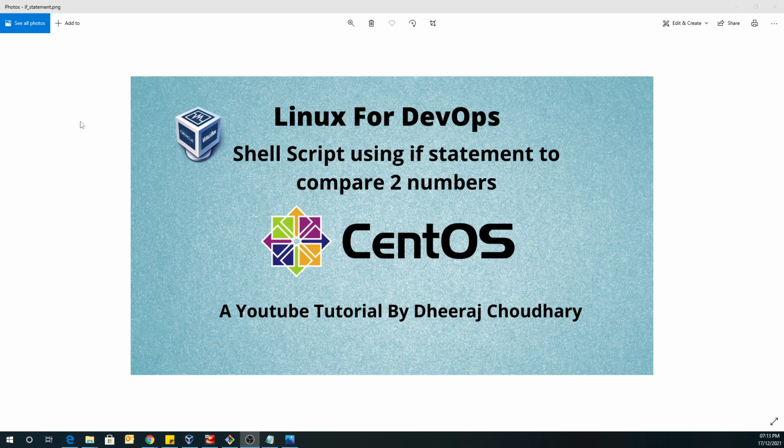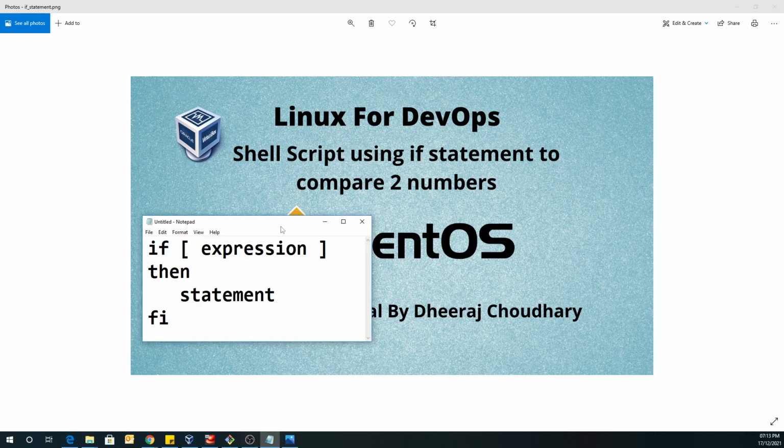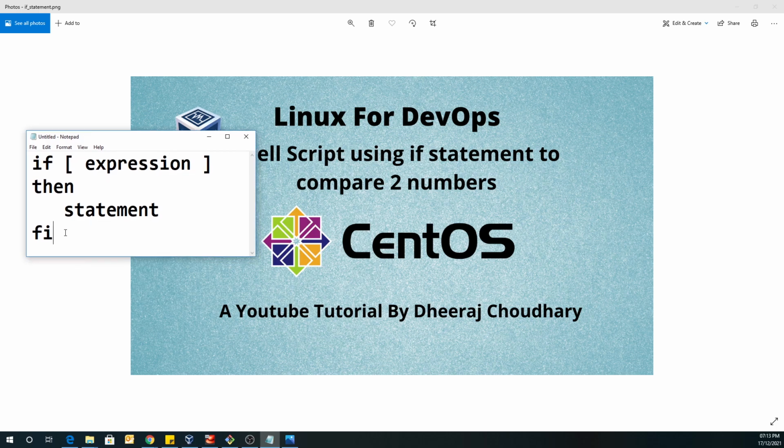For the if statement, first you should make sure that you know the syntax. What is the syntax for the if statement? Over here I am displaying the syntax of this if statement. Kindly remember each and every space over here itself counts. If you are not giving the space in the front and at the end, it will give you an error. That I will show you. Every indentation of the script is important, that we are going to follow in our shell script.